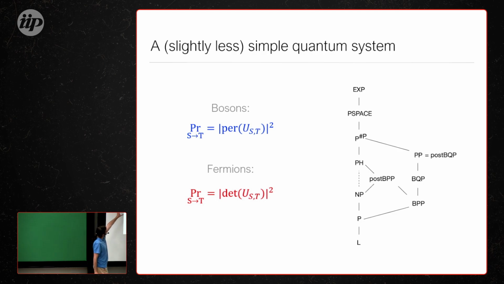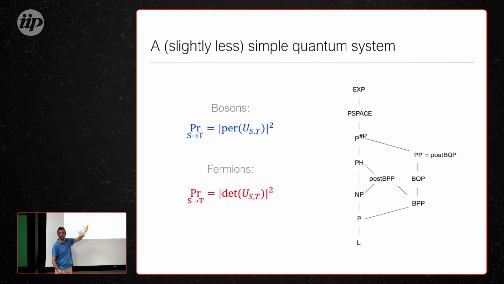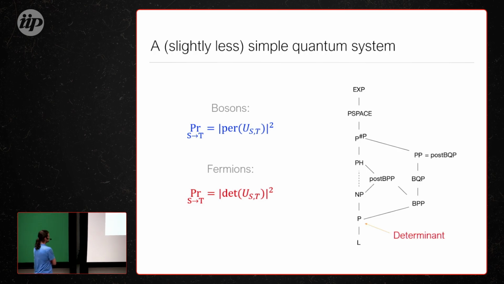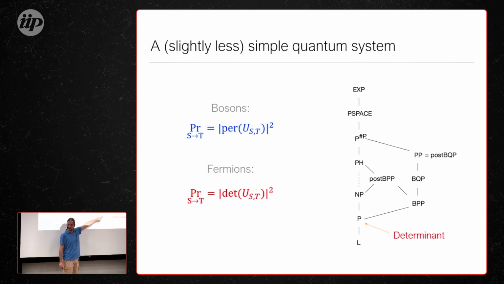And in the same way, if you talk about the larger version of the experiment for fermions, the transition probabilities are given by determinants of some matrices. Now it's where it gets interesting, because you can ask, how hard are these things to compute? The determinant is in P, polynomial time. Determinant is super easy. You take roughly n squared or n cubed operations to compute the determinant of a matrix, n cubed if you're very sloppy.